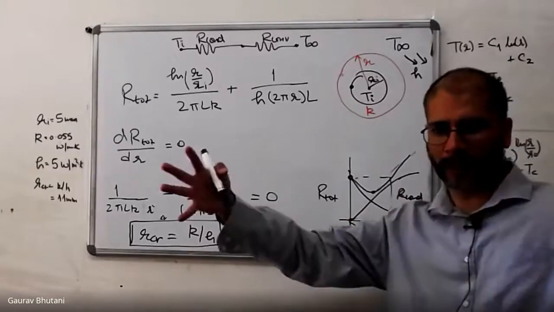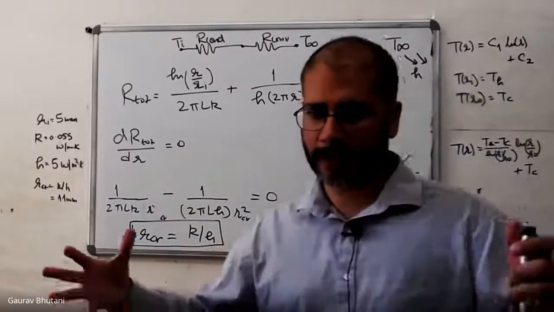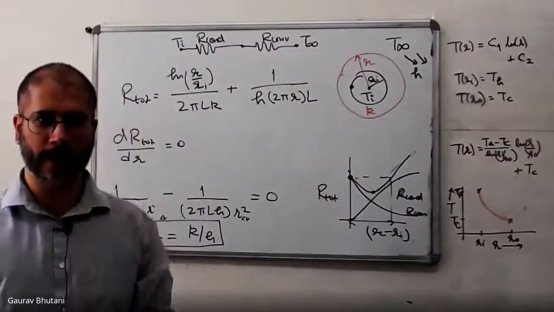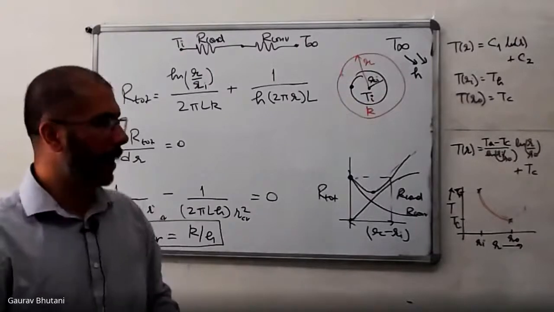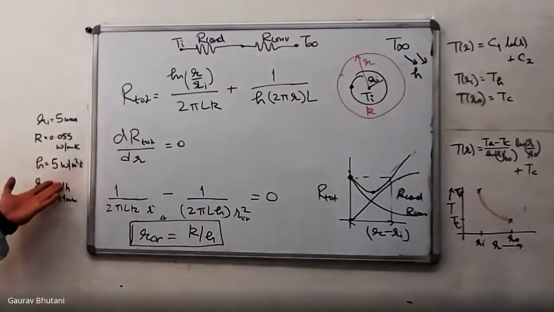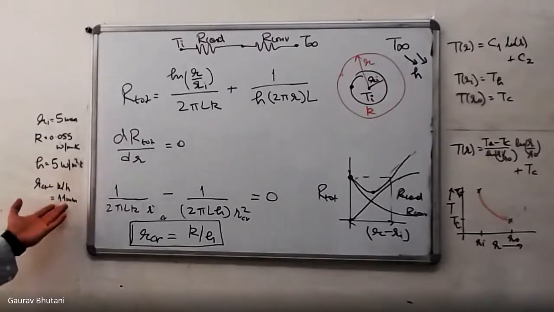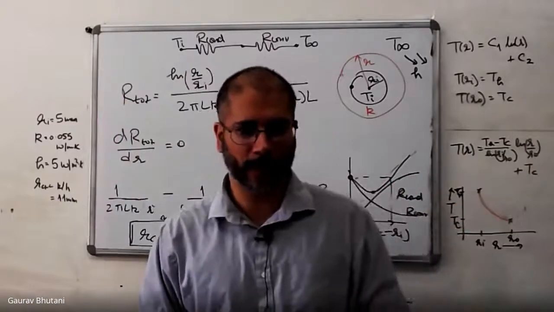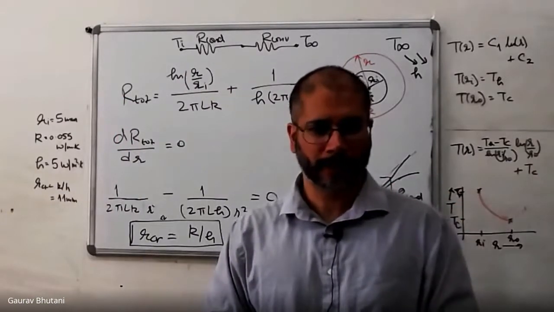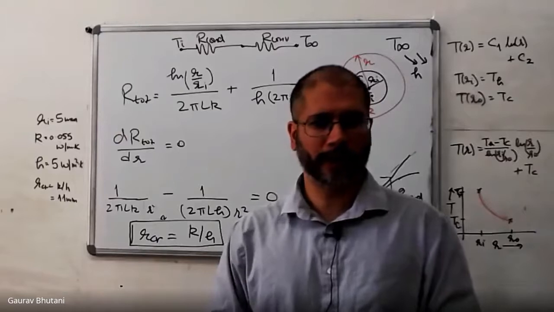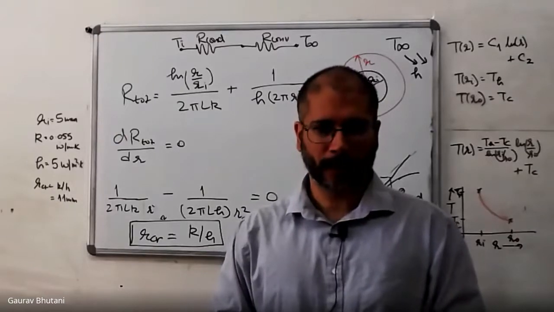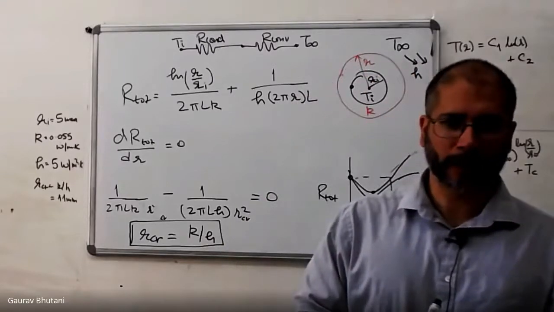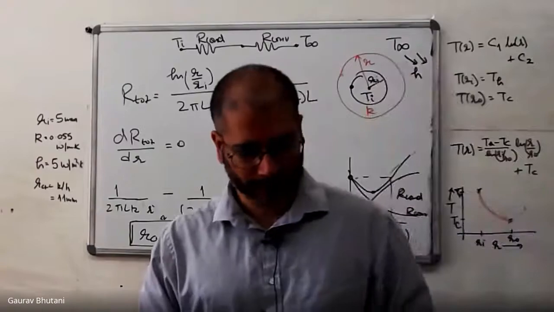If you have these large ducts carrying cold air that you want to insulate, let's say you have a circular duct which is quite large in size, and the insulation K and H values are still the same. So you would get an R critical of 11 millimeters, but your duct diameter already is 200 millimeters, 20 centimeters. You don't need to worry about critical radius at all in that case. But in these thin tubes or tiny wires, you would worry about your critical radius.